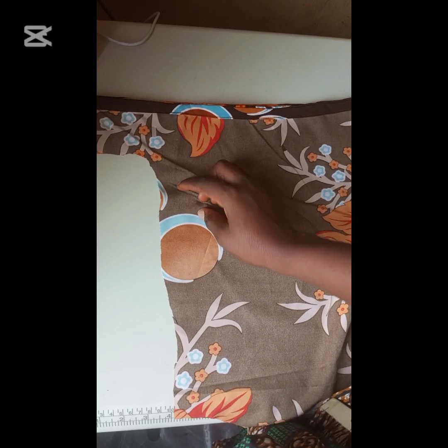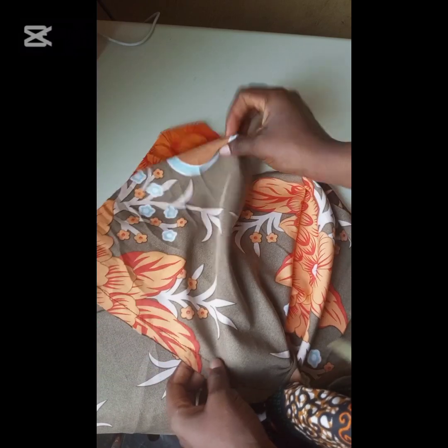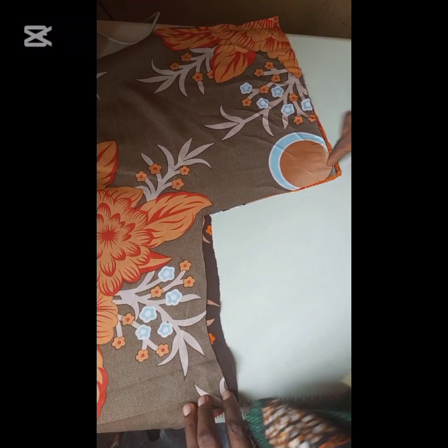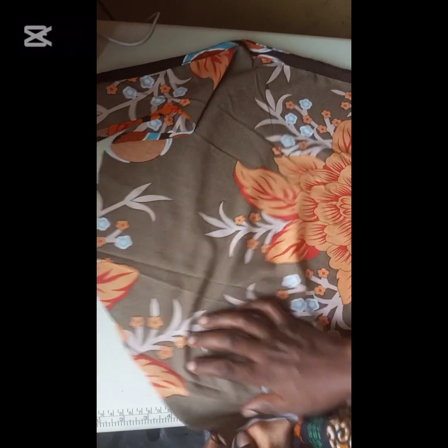It won't be too close so that your hand can pass through and it will not be tight. So I'm going to close with 1.5 inch because that is the allowance we added. This other side that has sleeve, I'm going to fold it twice at the full sleeve length, and for the closing of the side, I'm going to use 1.5 inch to sew from the full length to the end of the sleeve. I'm also going to use the 1 inch piece of fabric I cut out to fold